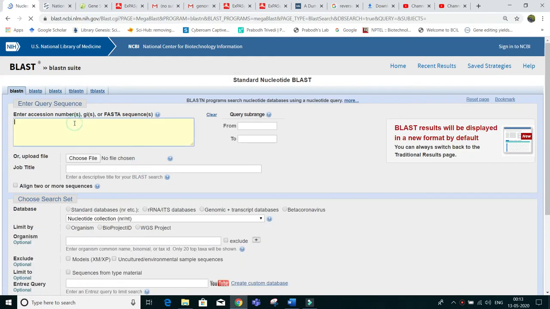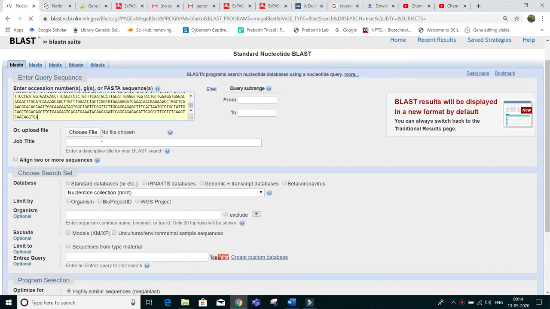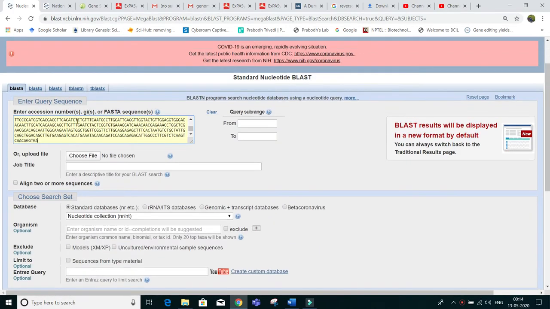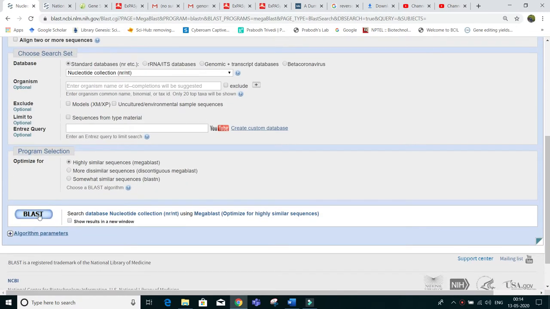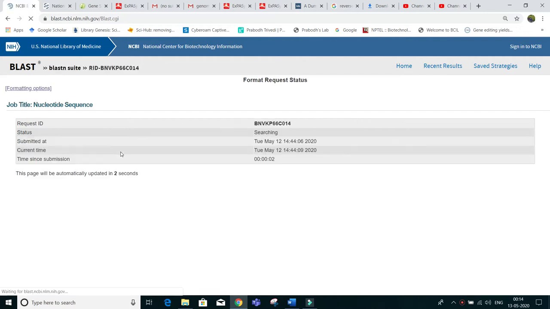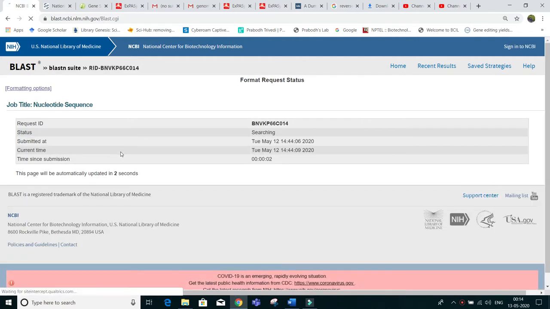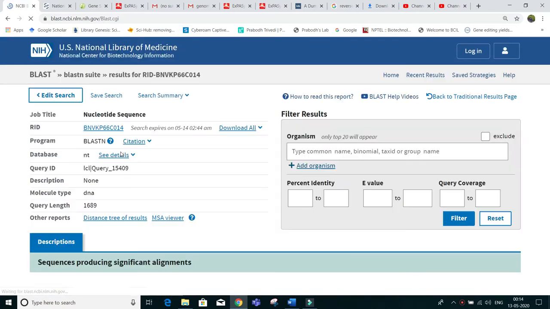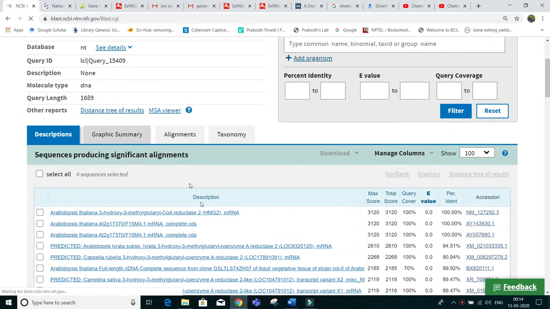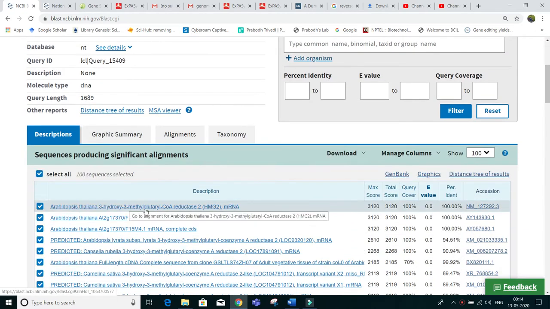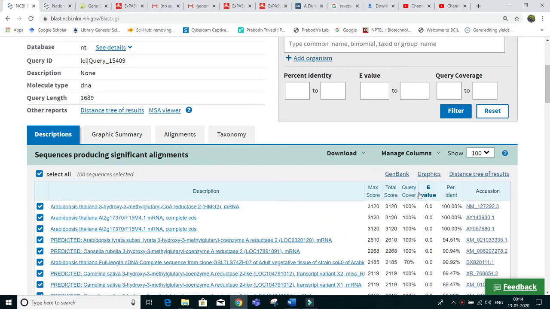When you paste it, just BLAST it, and from the BLAST you will be able to know what this is. So my dear friend, this is Arabidopsis thaliana HMGR2.